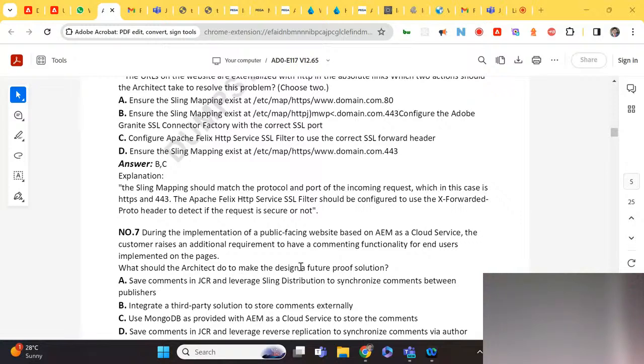Again, we will not try to store within AEM, and MongoDB is actually a kind of TarMK and MongoMK. If authors have a lot of inputs, then we try to have MongoDB, like suppose 10,000 authors concurrently accessing. This is actually user generated content.